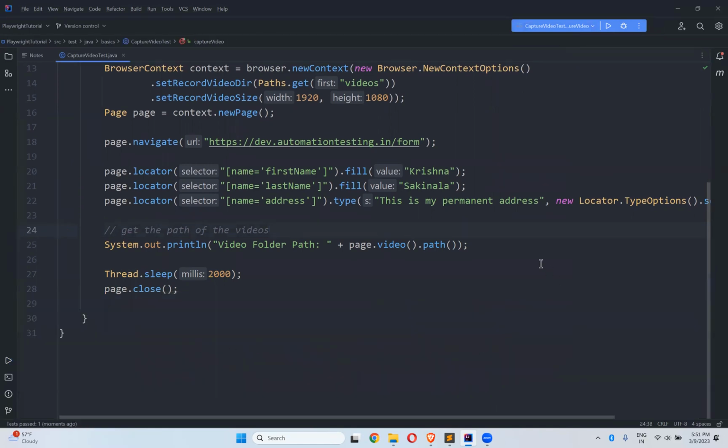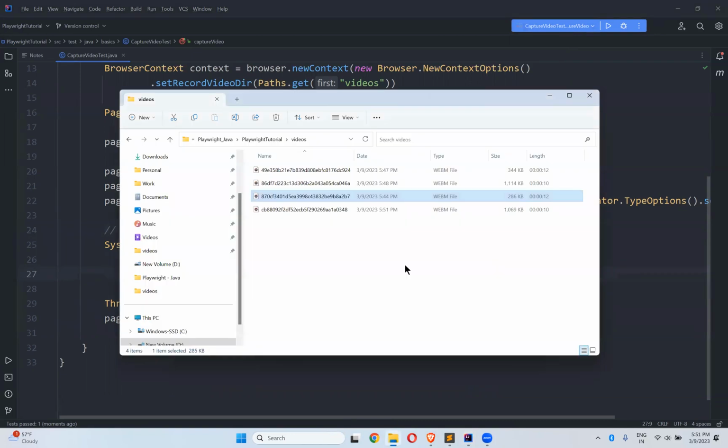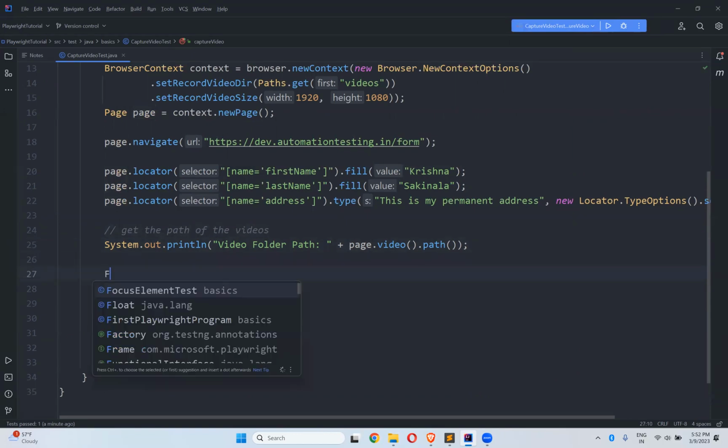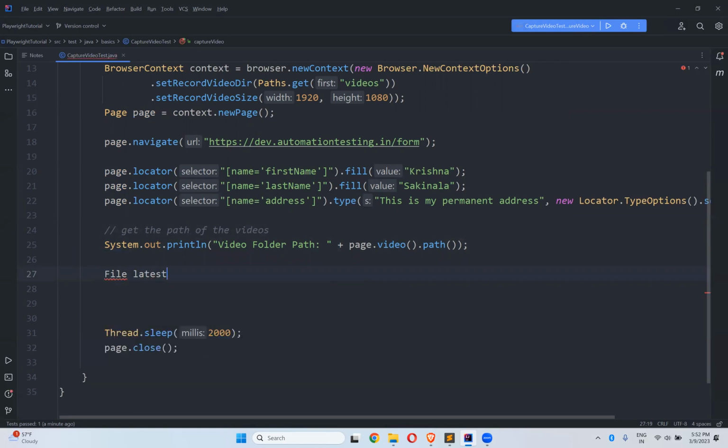Now what we are discussing is, I want to rename that. The latest video, I want to rename it to my own name. How can we do that? Not only renaming, I want to find the latest one, and then rename that. This will give me the latest one, so I want to capture this as a File. File latestFileName equals to